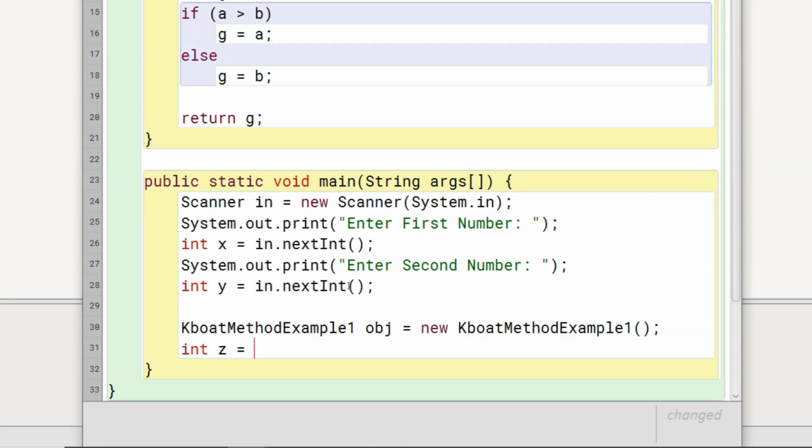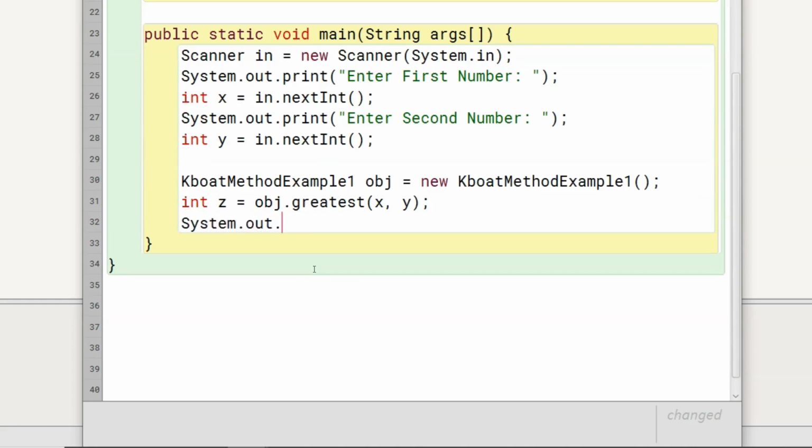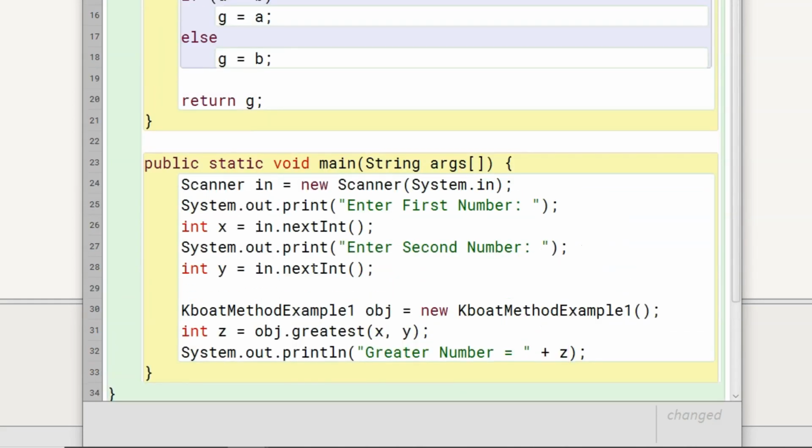Finally, I will call the greatest method through obj like this. Let's also print the output of the greatest method. Our program is complete.